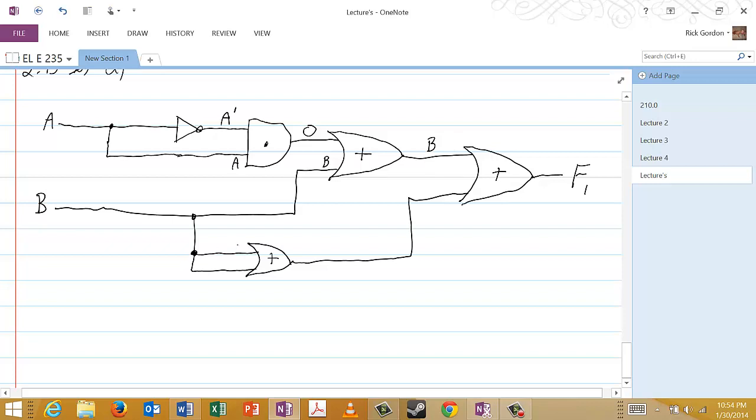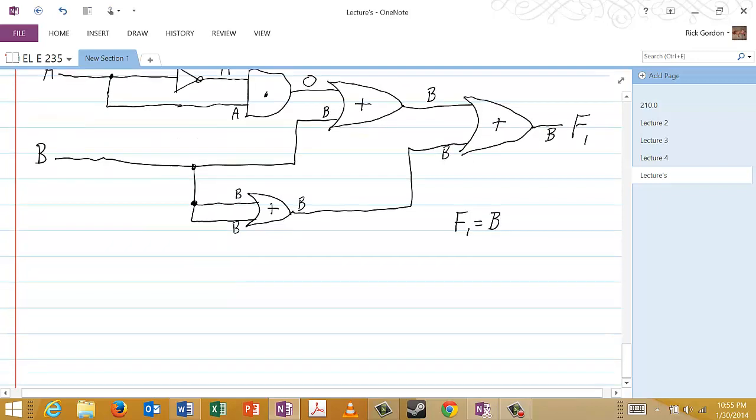Now if we look at the second line, we have a B here and B. Any Boolean variable ORed with itself is itself, so we have B here, and the same principle arises again. Any Boolean variable ORed with itself is itself, and so we have B, and therefore F1 is simply equal to B,